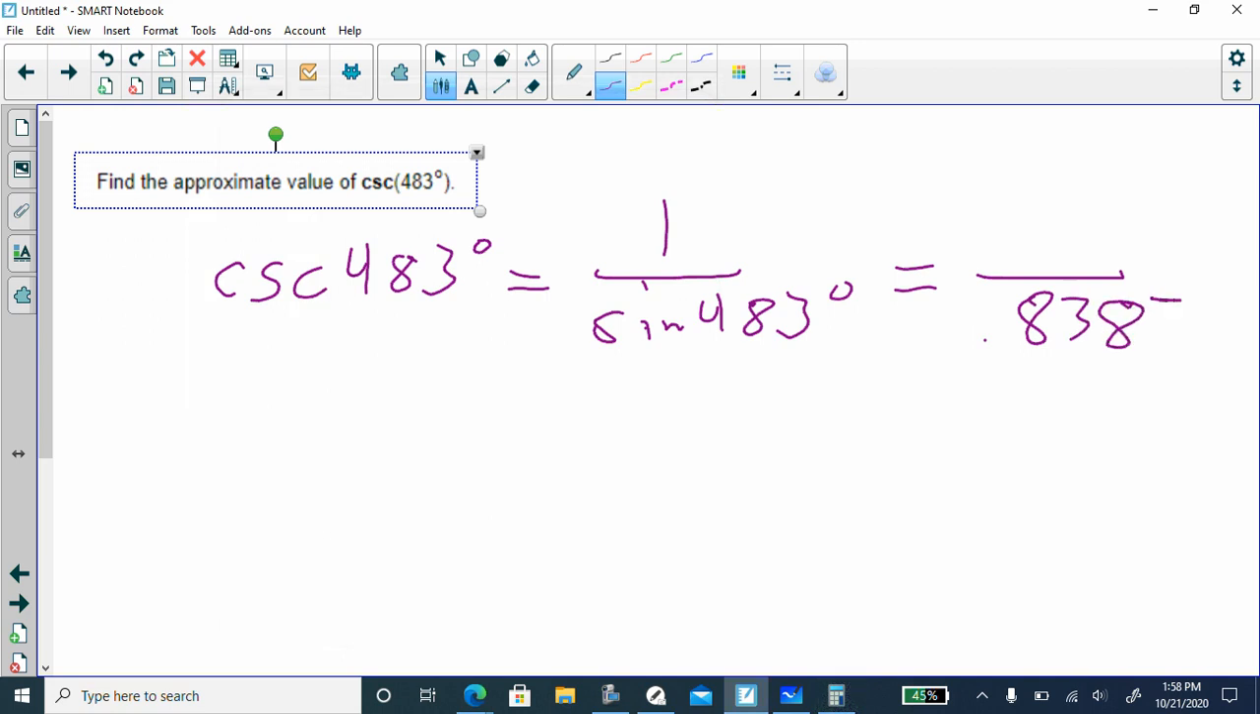0.8387. That's the value of sine. Cosecant is the reciprocal. So how do we get a reciprocal? There's a little button on our calculator that says 1 over x. So once we calculate sine of 483, we can hit that 1 over x button, and it will give us